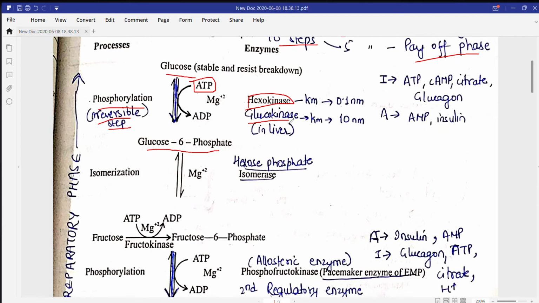So why is it so? Because glucokinase follows Michaelis-Menten kinetics, so it does not require maintaining that ionic concentration and can work at a high Km. While hexokinase follows allosteric enzyme reaction, so it works as an allosteric enzyme. That's why it requires a low Km. If there is a low Km, that means the enzyme is working more efficiently. So Km shows an inversely proportional relationship with the efficiency of an enzyme.